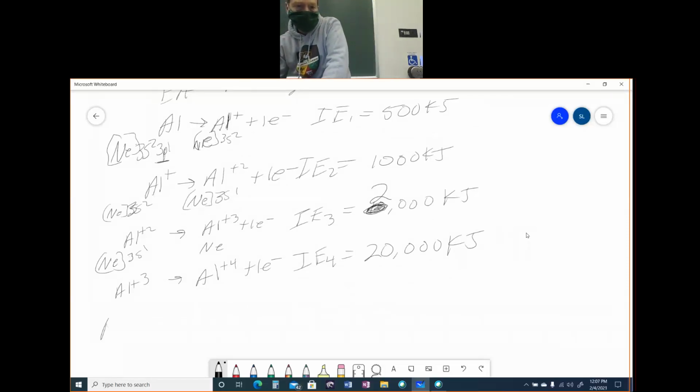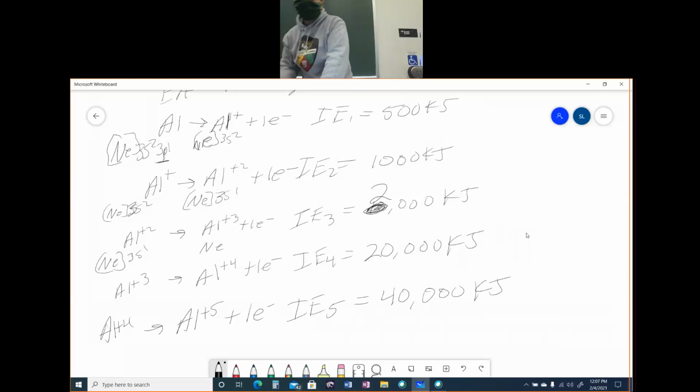We take aluminum plus 4 to aluminum plus 5, plus 1 electron, and ionization energy 5 is equal to 40,000 kilojoules. Again, I'm making up the numbers, and these are not the numbers you're going to see, but